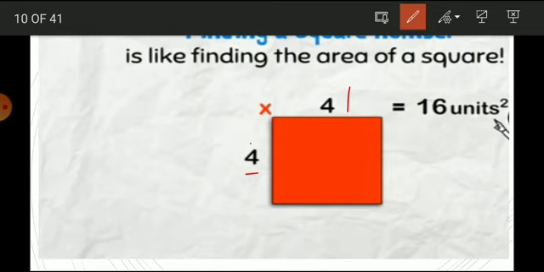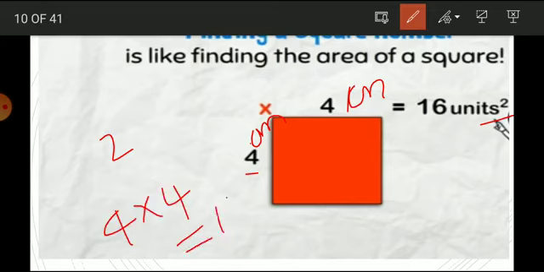Here we can use one method. So what's that? If we want to find the area of any shape, we should use the square term. Now I want to take 4 centimeter, and here also 4 centimeter, so after that we multiply 4 into 4. So 4 4s are 16. So what's that? That is centimeter. If we want to find the area, that's why we put the square term above the centimeter.